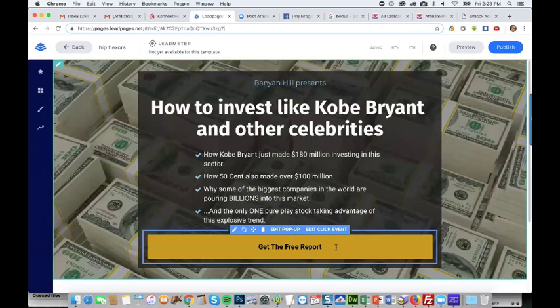But I don't like to start with the squeeze page because, like I said, A, we don't even know if it's going to work. B, you're going to get fewer clicks to the offer with a squeeze page. They're going to be more qualified clicks, but right now we're just trying to determine if it's going to work or not. So we want to get more clicks through. That's why I start here.